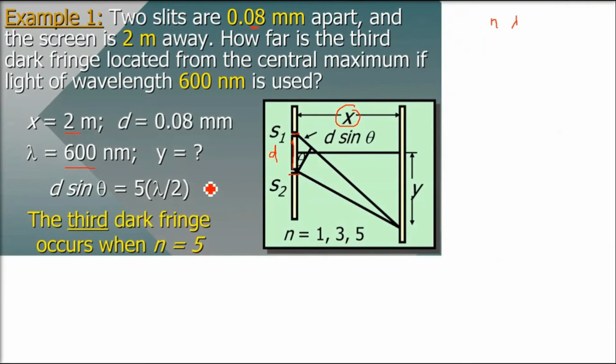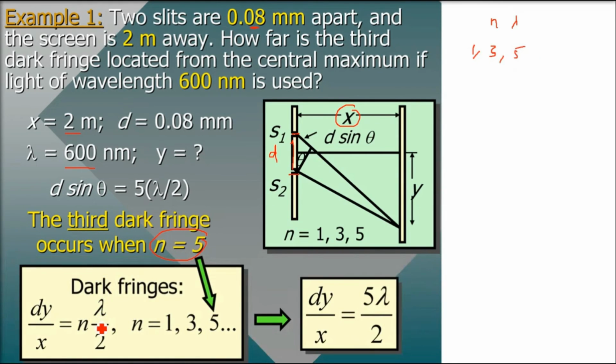Right? Same thing we are going to use here. d sine theta is equal to 5 lambda by 2. But we know how to convert this sine theta. Also, what is the value of sine theta? We have taken sine theta equal to tan theta. Tan theta is simply y by x. But you have to remember d into y by x, this is not differential, okay? This is proper d into y by x equals n lambda by 2. So d into y divided by x equals 5 lambda by 2.